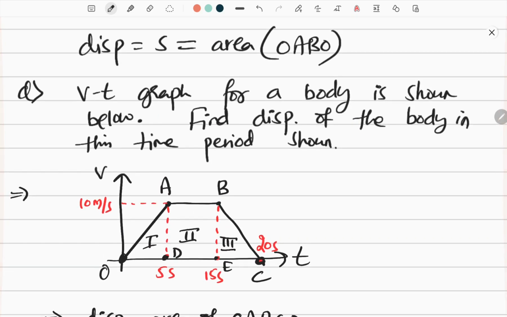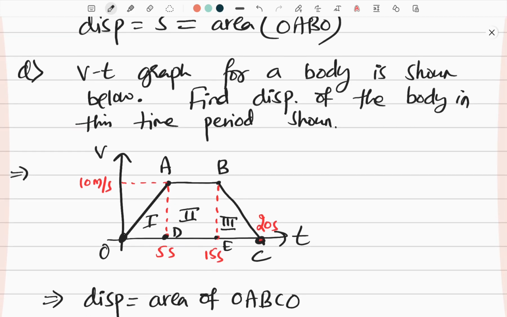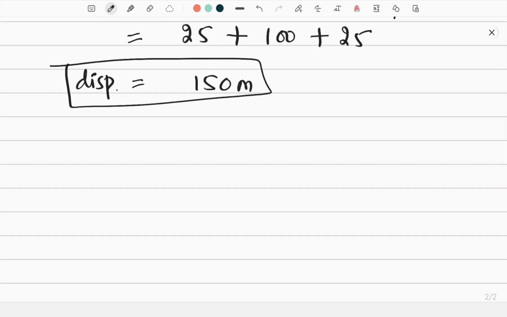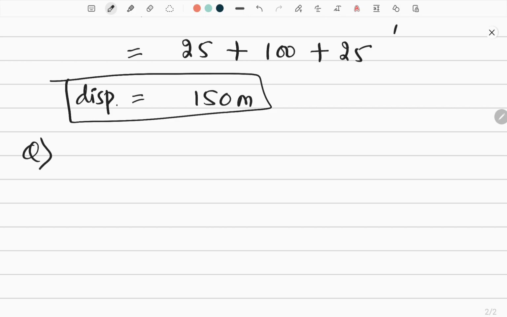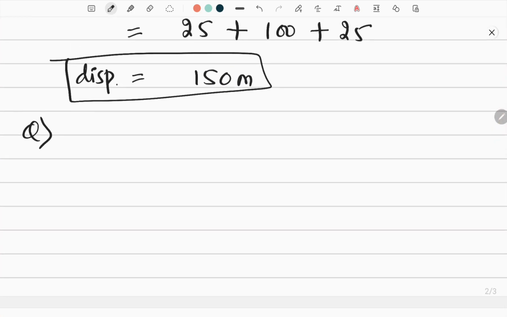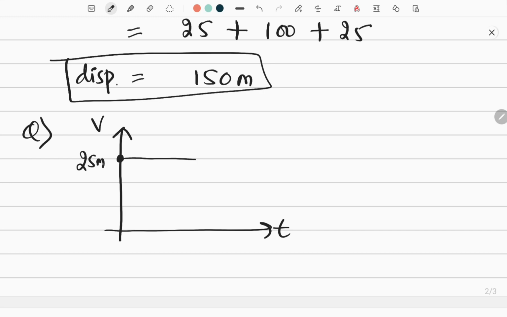I hope the concept is quite clear to you. Whatever the velocity time graph may be, this is how it works. Let me give you one homework. You can comment on the answer, so that you also get some interest. For example, here is the velocity time graph, here is t and here is v. The graph is like this. The body has moved like this. Let me take this as 25 meter per second. Up to some time it has moved, then afterwards it came back like this, not to rest but until the velocity becomes zero. And if we mark the points, you mark them with some alphabets.